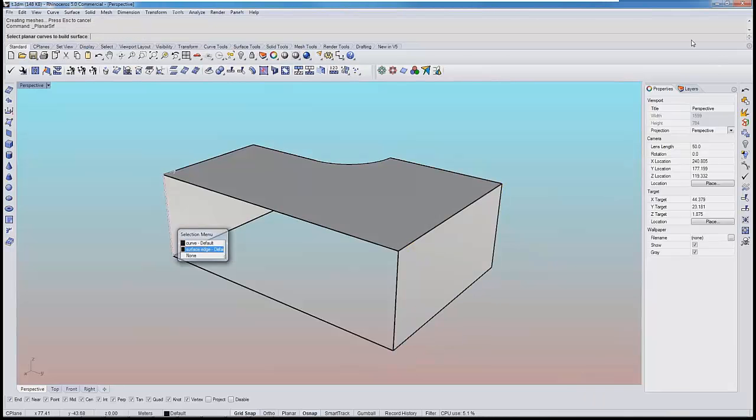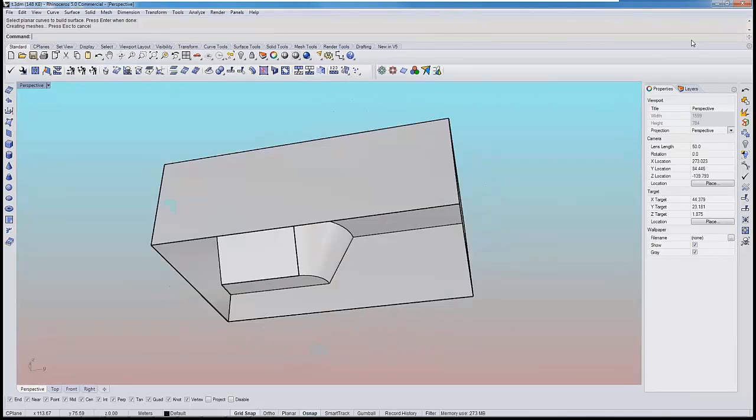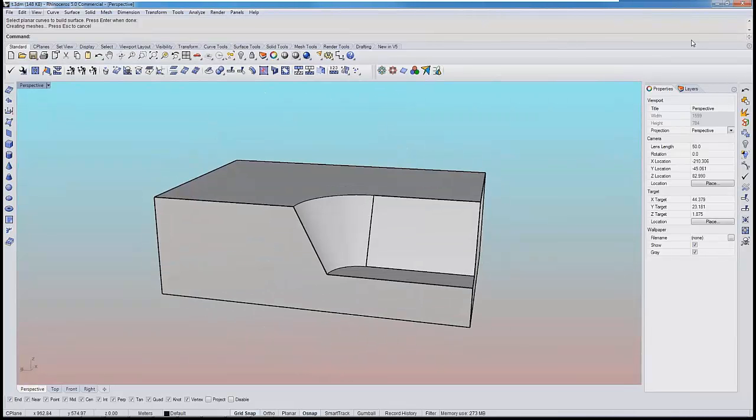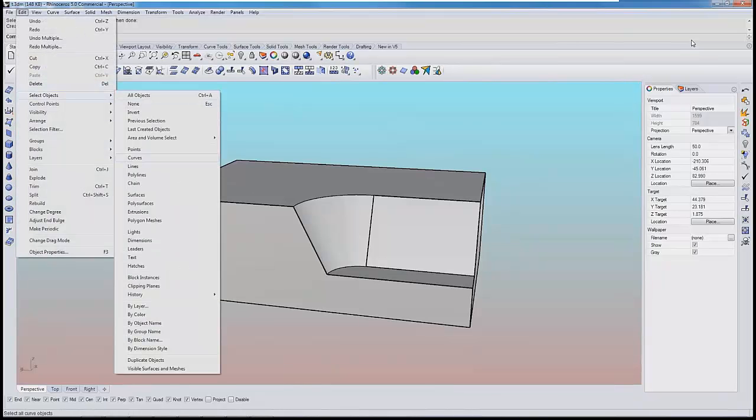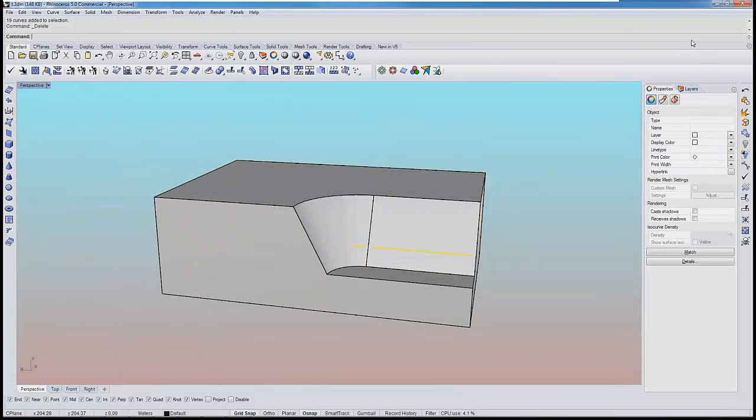We continue to create the various surfaces that bound the volume of interest. At the end, we join all these surfaces, leaving the bottom surface open, and we got rid